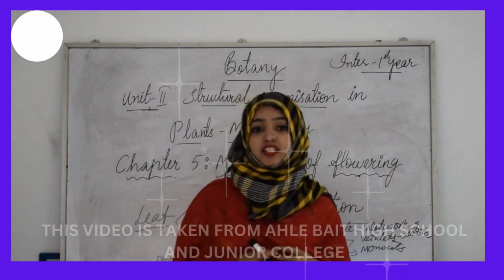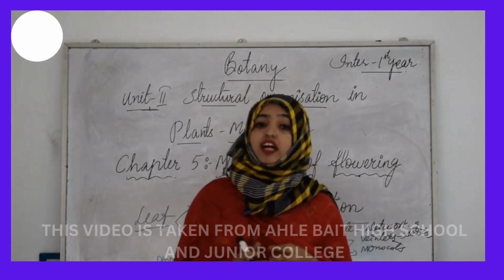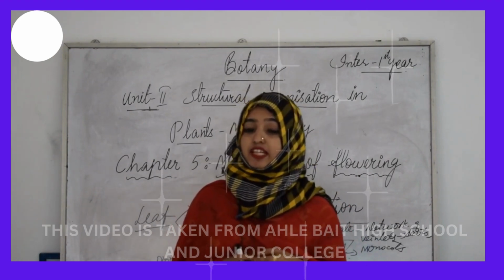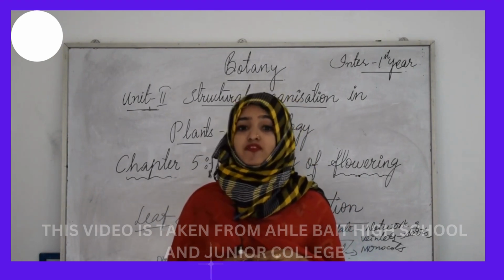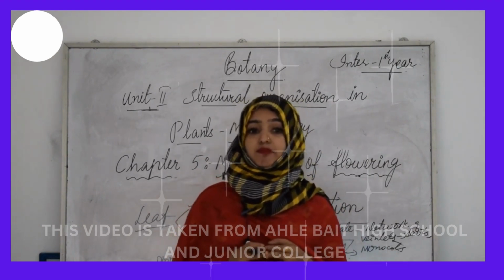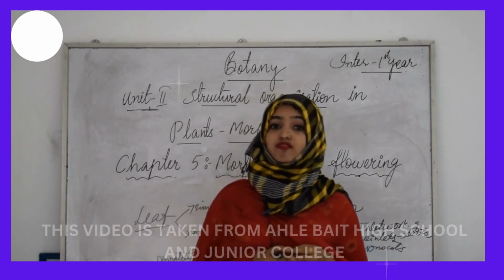for reduction in transpiration, and for defense as in cacti. And the fleshy leaves of onion and garlic store food material, and in some plants such as Australian acacia, the leaves are pinnately compound, in which the leaflets are small and short-lived, and the petioles in these plants expand, become green and synthesize food, and these are called as phyllodes.